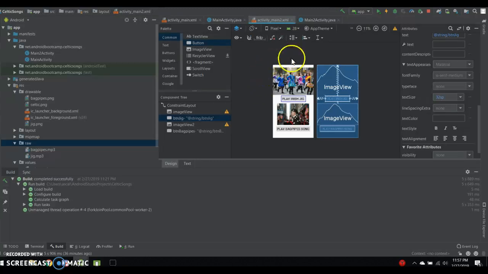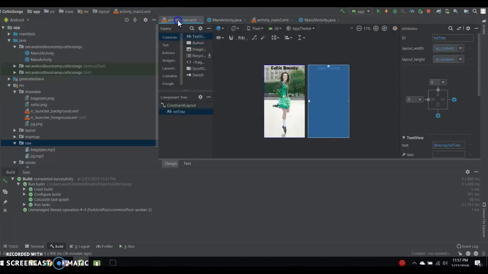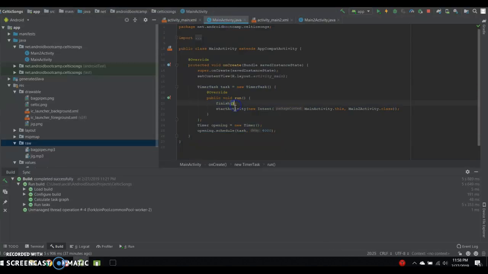Wait, where's the splash screen? Here's my splash screen. Has the text and the background image. It stays on the screen for, I think it's 4 seconds. Yep, it stays on this page for 4 seconds, which is right there, 4 seconds. Timers. Then it switches to the other main activity,